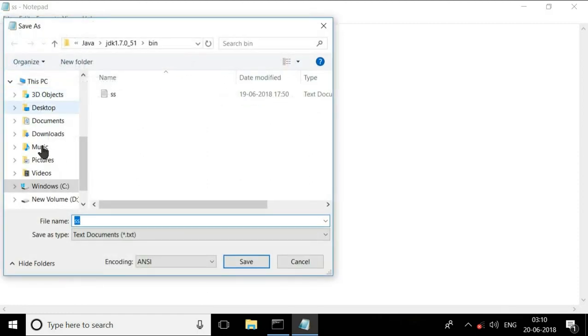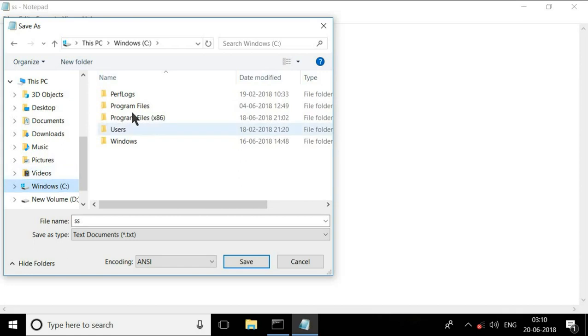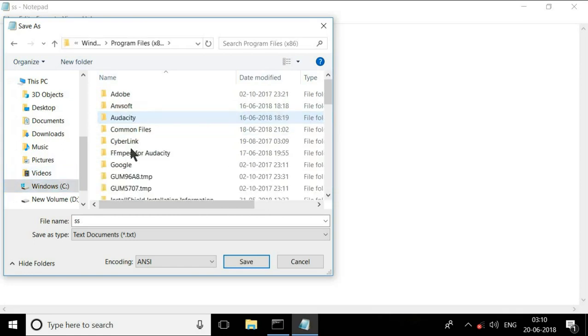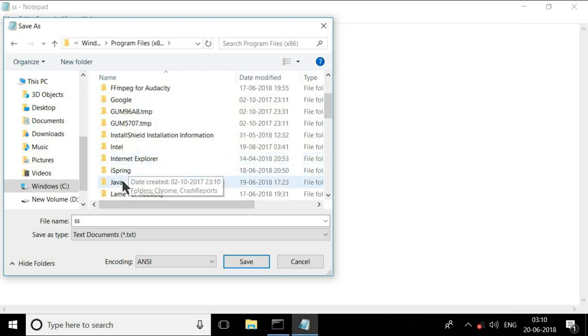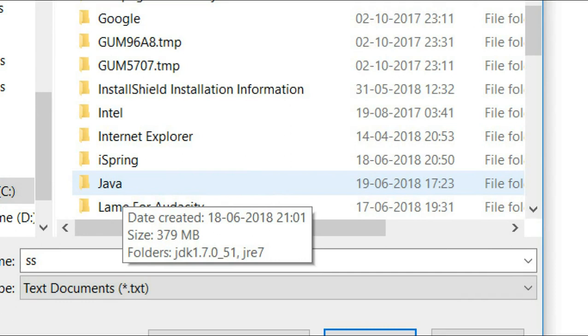Inside that save as, you have to save your program inside the bin folder. That is go to Windows C drive, again program files x86, then you have to search for your Java folder.